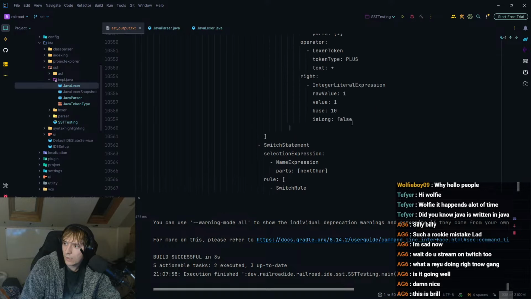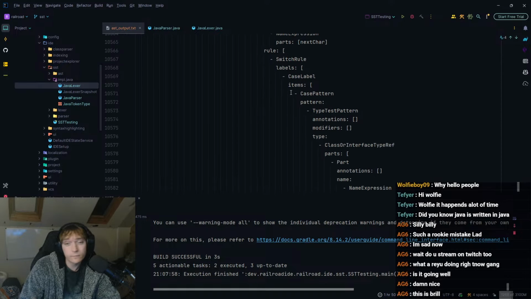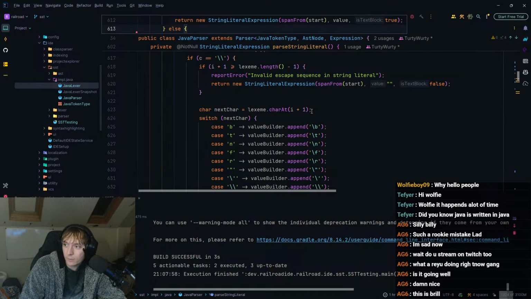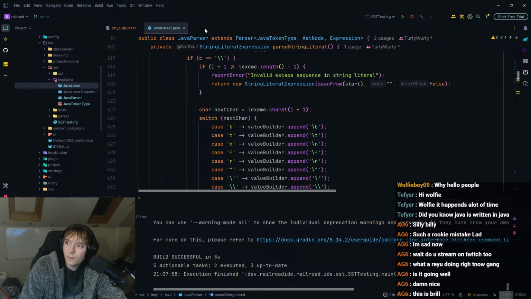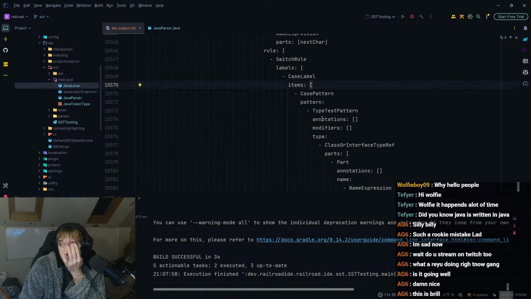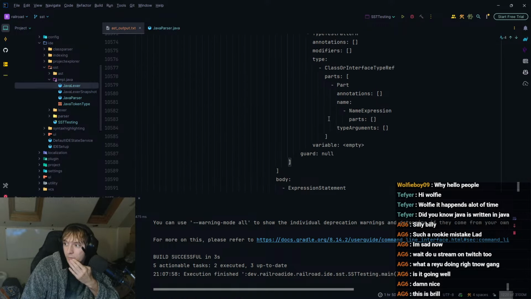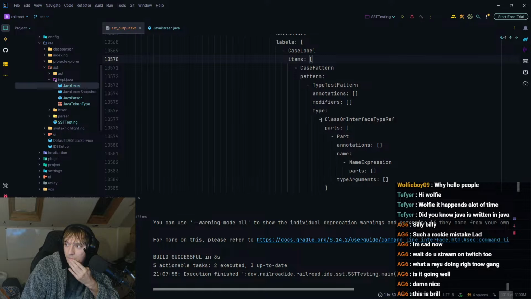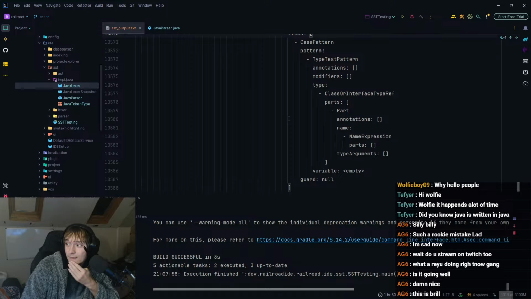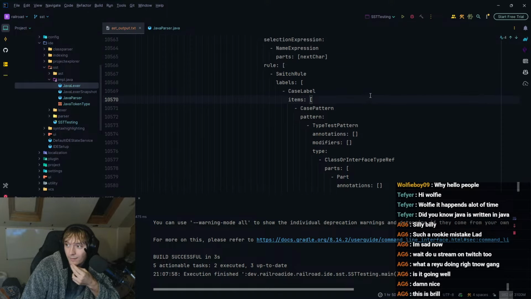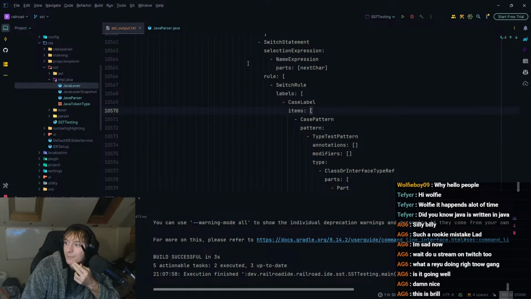Okay, so it's in switch statements. That is the least surprising thing I've heard this year, to be honest. I knew switch statements weren't going to work. I knew that for a fact, so I'm not even remotely surprised. The funny thing is, none of it has worked. It hasn't been able to understand any of it.